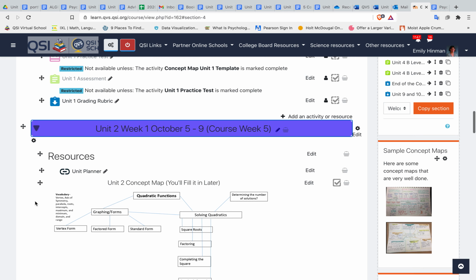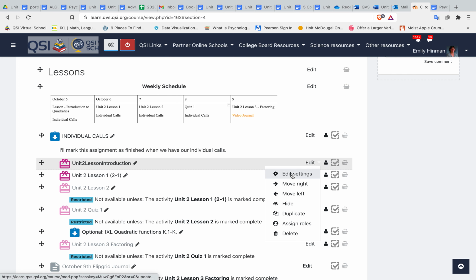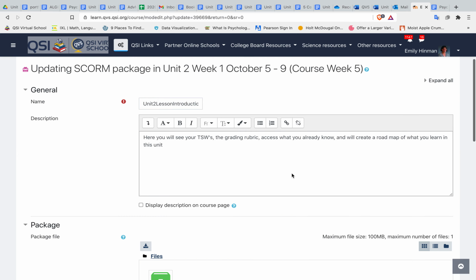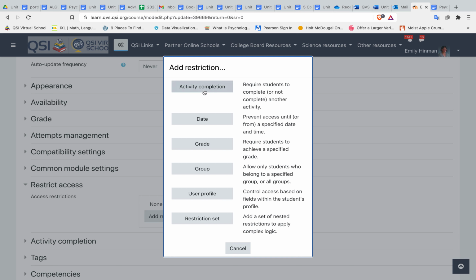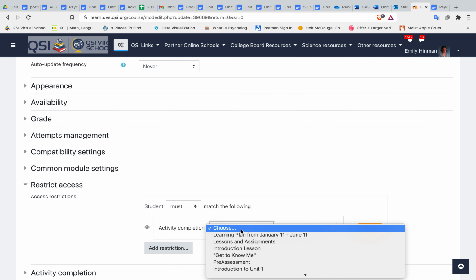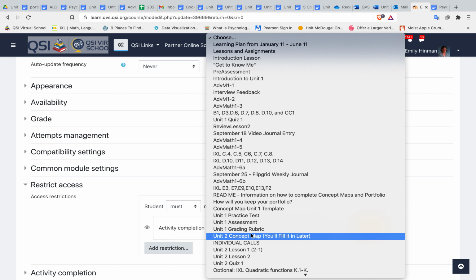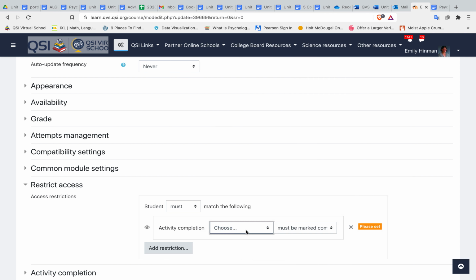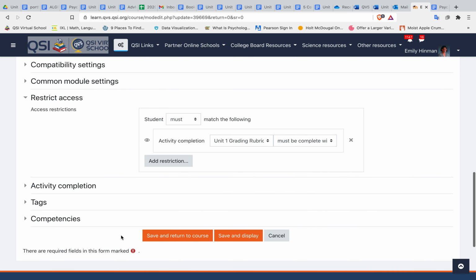And then under the second part, you need to go, like, I don't have this one. This is kind of good because I unlocked this because of how a student started. So if I want to lock this Unit 2 to not be able to start, I need to say restrict access. I need to add the activity completion. Sorry, I'll slow down. Then I have to pick that assignment, which was the Unit 1 grading rubric. And I need to not just say must be marked complete, I have to say must be marked complete with a pass grade. So when I click on that and say save to continue,